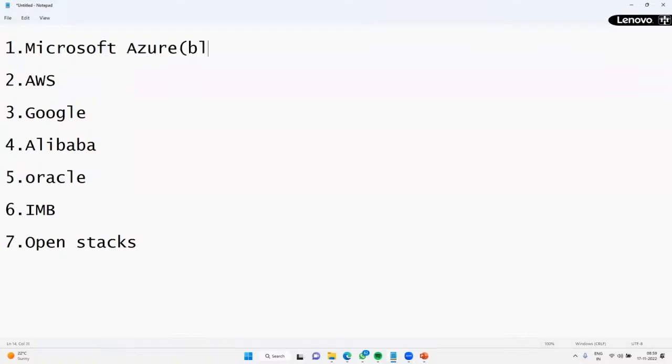Azure is blue color sky. The generic term Azure means blue color sky, and in the sky itself we have clouds. So that is Microsoft Azure.